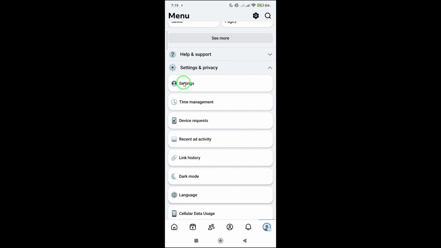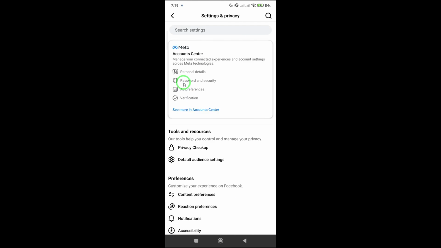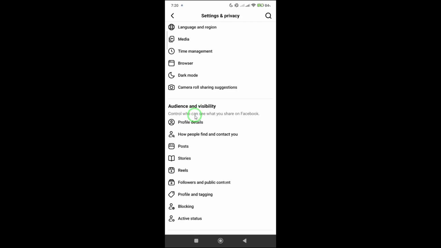Next, scroll down a little and tap on Settings and Privacy. A new list will drop down. From there, choose Settings. You'll now see a long page full of options that let you control your account, privacy, notifications, and more. To manage who can tag you and how those posts are handled, you need to go to